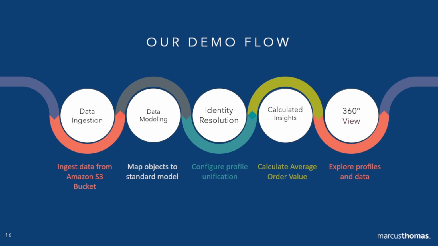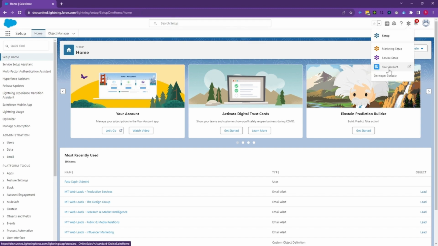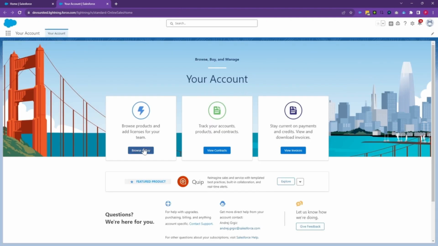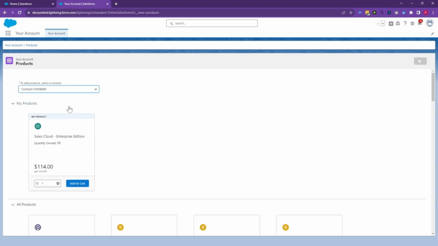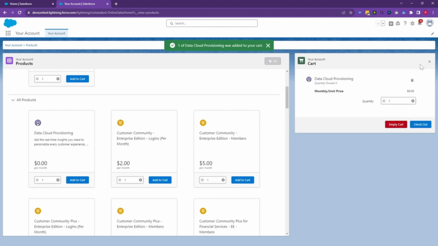Let's see. All right. So before that, let's start with getting Data Cloud Free edition. To get your Data Cloud Free edition, the first thing you've got to do is go to your account settings, and then go into browsing products, and when you browse your products, you're going to see that it says Data Cloud Provisioning there. So you have to do this in the org where you have your enterprise edition, right? You're going to see it says Data Cloud Provisioning there,